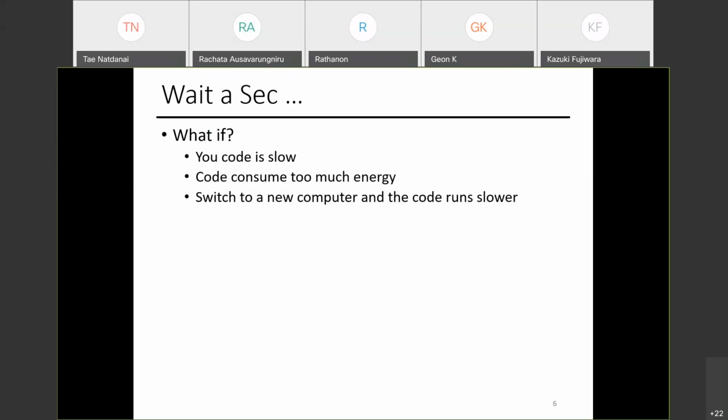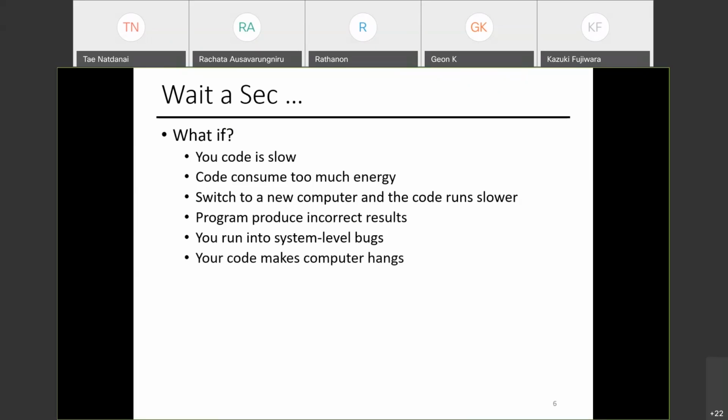When you switch to a new computer and it's magically running slower, even though the computer is actually newer, it can happen, right? Some programs produce randomly incorrect results. Sometimes it's correct, sometimes it's not. You run into system-level bugs that crash your computer in Python.